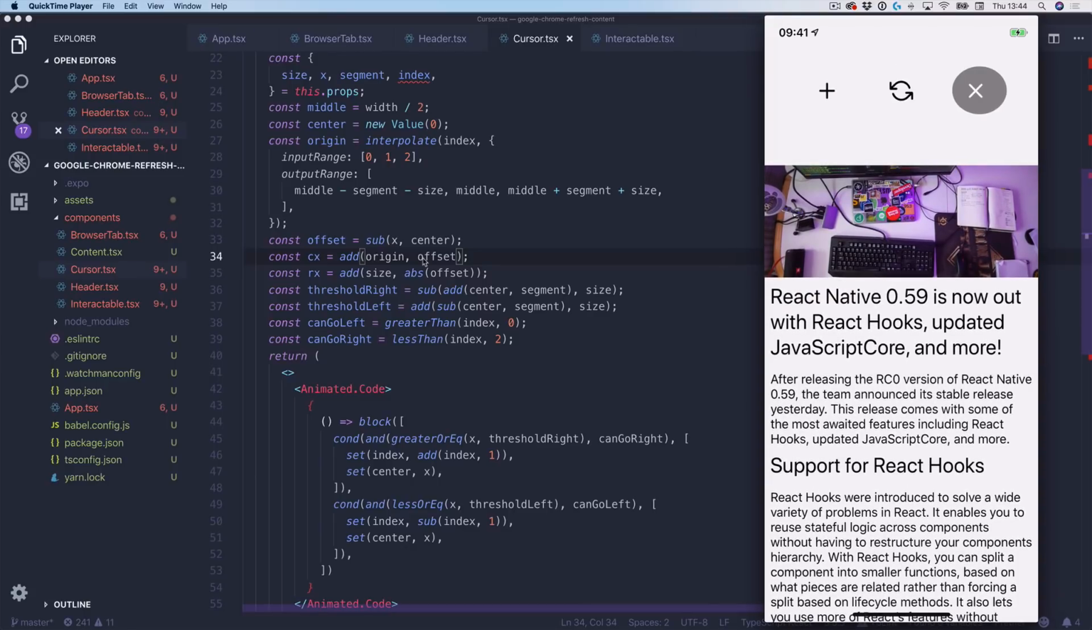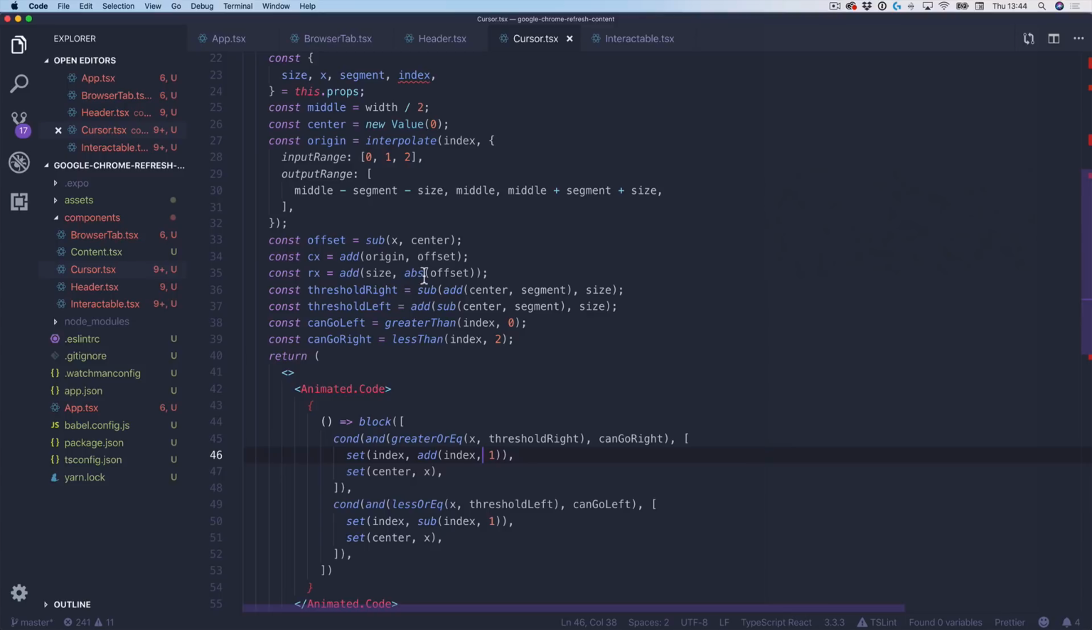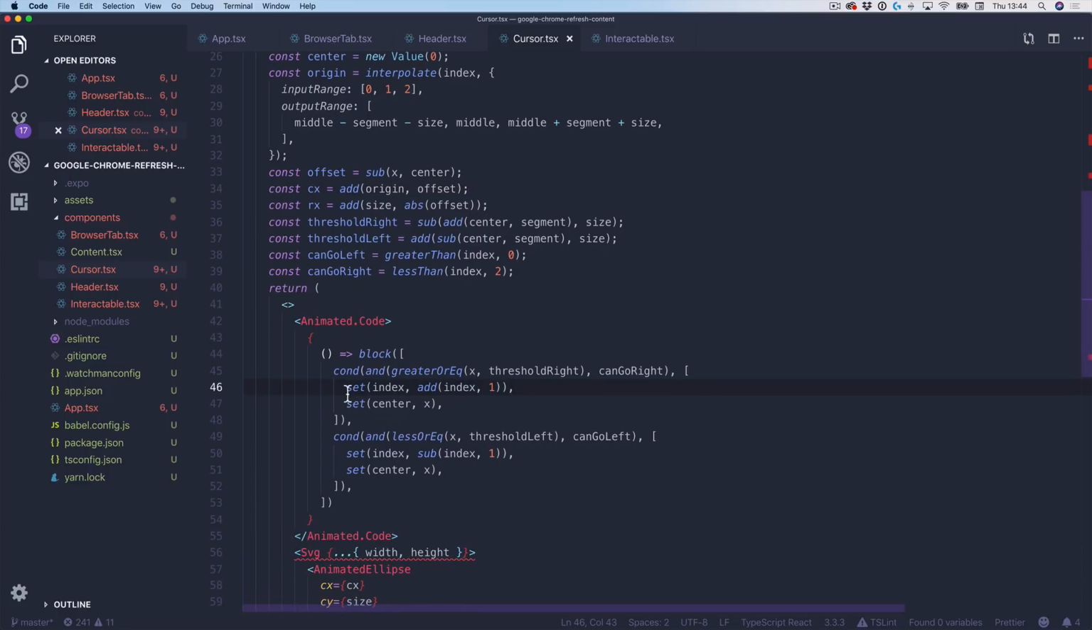And now you see when we update index, there is no transition. So the CX and RX value is really like from one frame to the other changes completely. And so what we would like to do is to animate nicely like it is done in the Google Chrome example. And so here, instead of abruptly setting index of +1, we're going to transition towards an index of +1. Instead of abruptly setting center to X, we're going to use, for instance, run timing function to animate to center